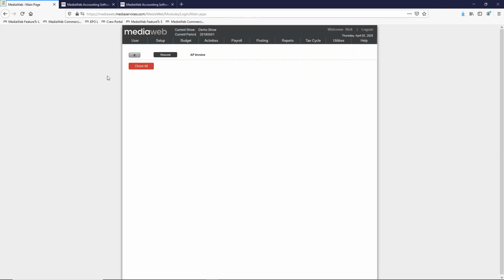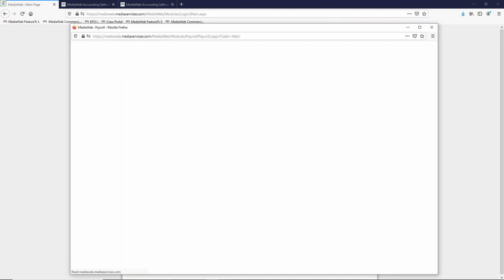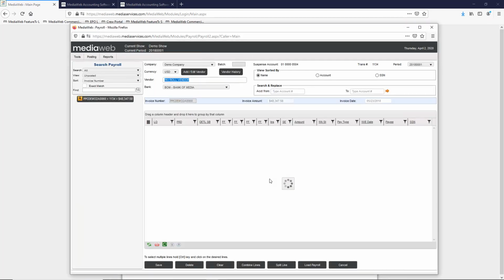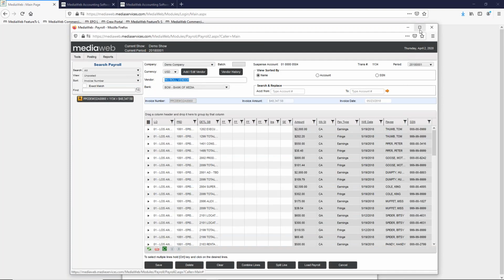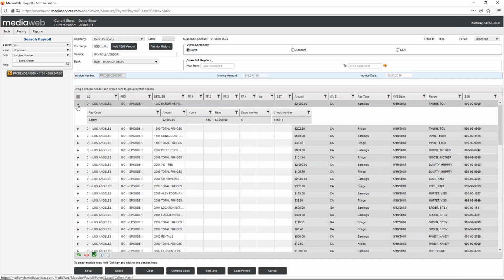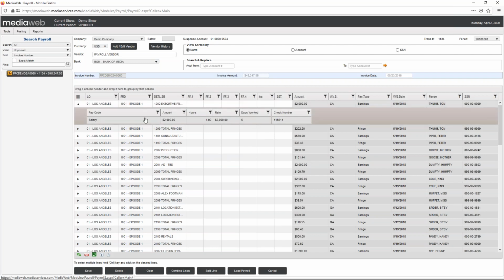So one of the other modules that I wanted to spotlight here is one very near and dear to our heart. That is the payroll screen. In our payroll module here, we have recently made some additions where it brings in the standard payroll information you're used to, your account coding, your dollar amounts, your earnings, your fringes, who the individuals are, etc. On top of that, we're actually now bringing in for your earnings information, your hours worked, rate of pay, days